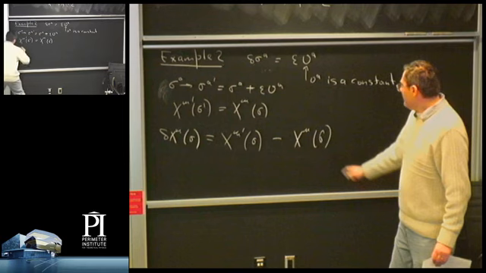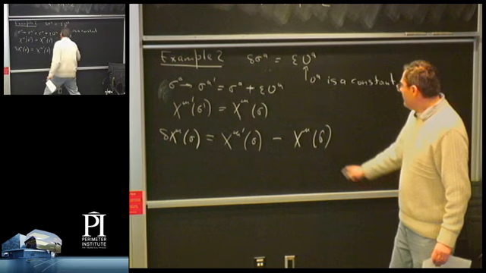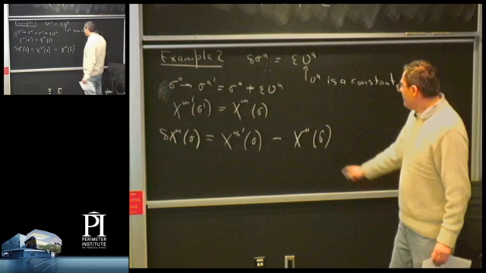Well, delta x mu of sigma, by definition, the way we define this delta A, is x mu prime of sigma minus x mu of sigma. Okay? Now, I don't know what x mu prime of sigma is, but I know